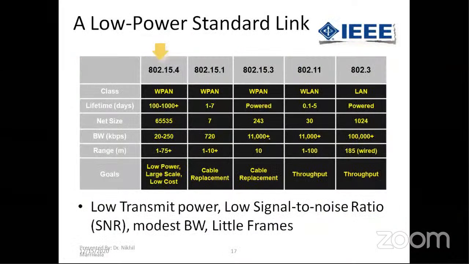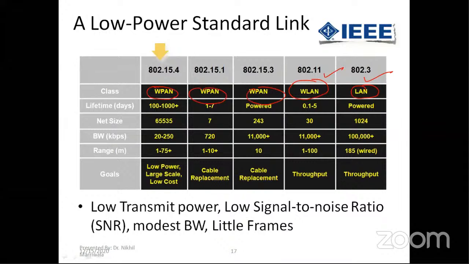So a low power standard link basically talks about again the IEEE standards of 802.15, also 11 also there. So if you see, we have the class of WPAN, WPAN, WPAN, right? And initially, in the very beginning, we had LAN and WLAN, right? So we are not right now. Also, we are talking about these in our country, right? We are talking about these two, but the next part is definitely going to be